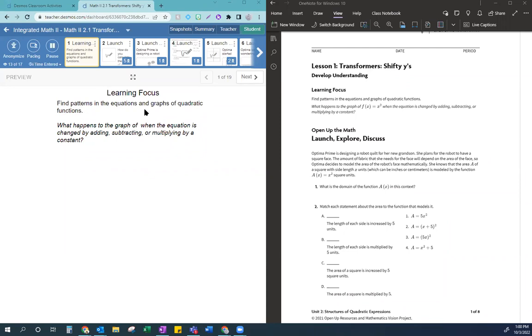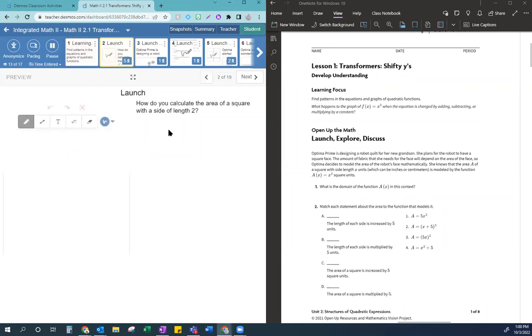We're going to find patterns in equations and graphs of quadratic functions. What happens to the graph when the equation is changed by adding, subtracting, or multiplying by a constant? Okay, so based on that, you'll see how we're adding here, see how we're multiplying here. So all of these things are going to tell you, and I'm going to teach you how I think of it so that way it makes a little bit more sense. Okay, so